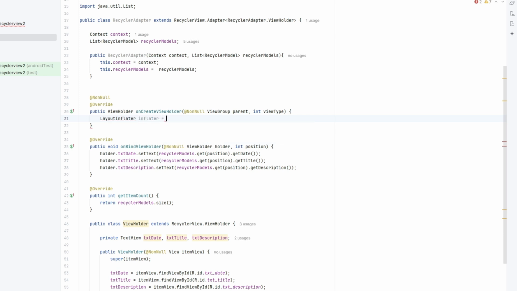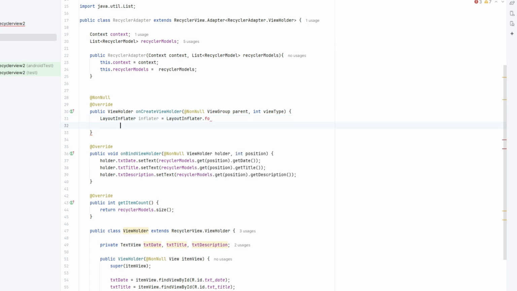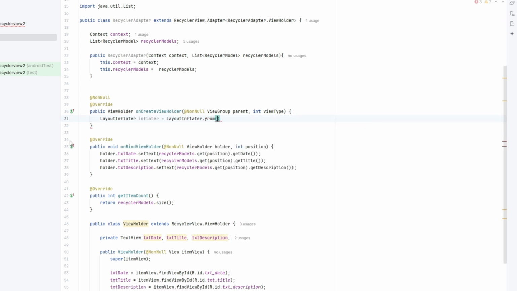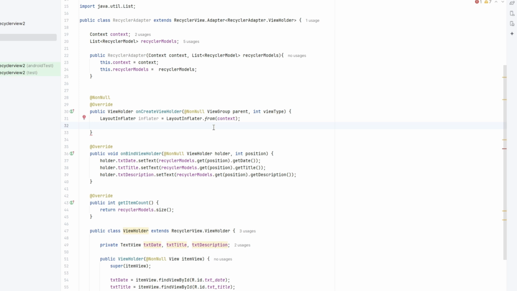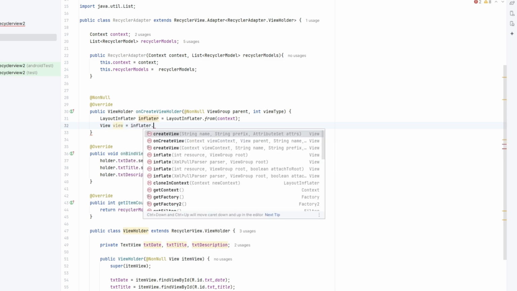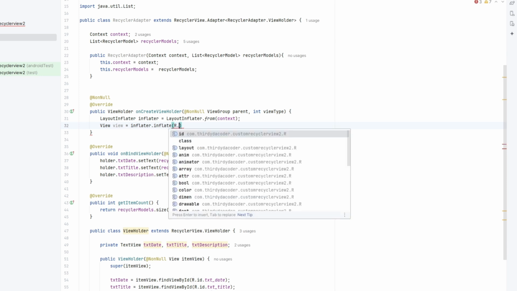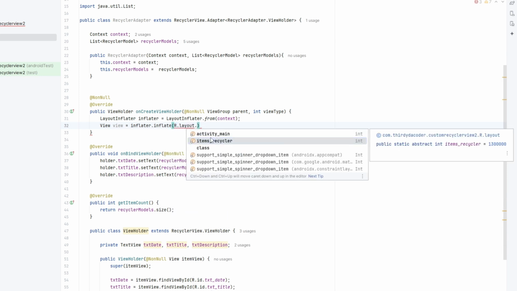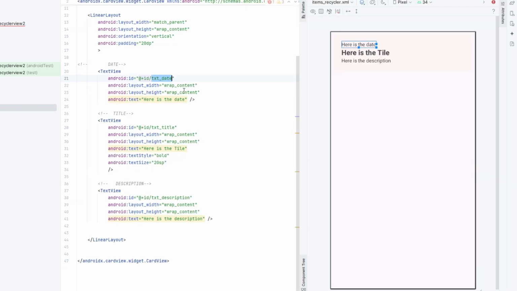Then we can create a view, the built-in class of Java. View equals inflater dot inflate, the layout called items recycler that we created.